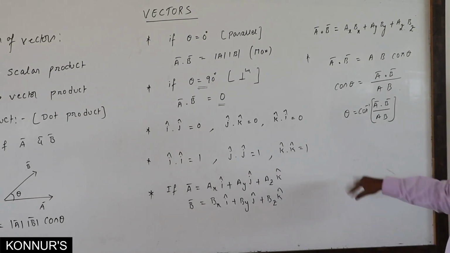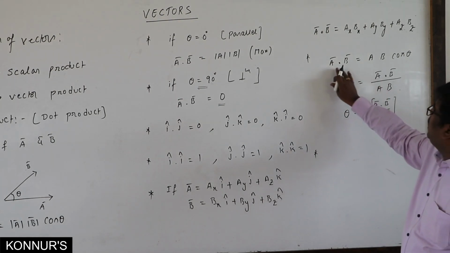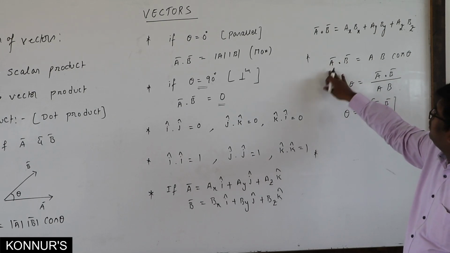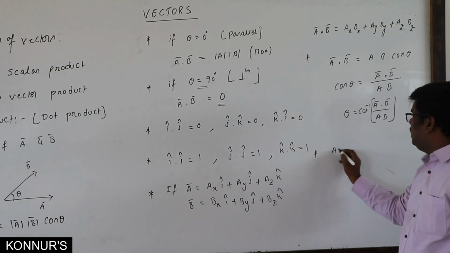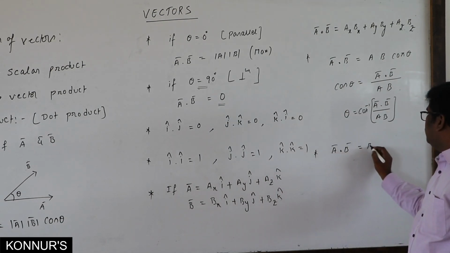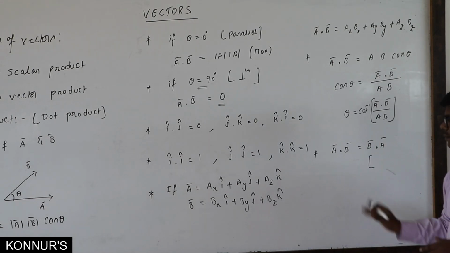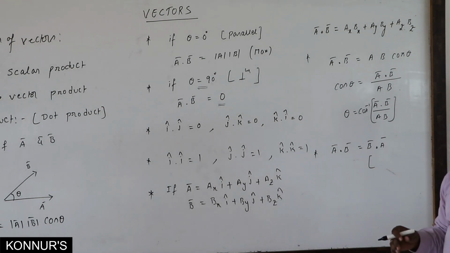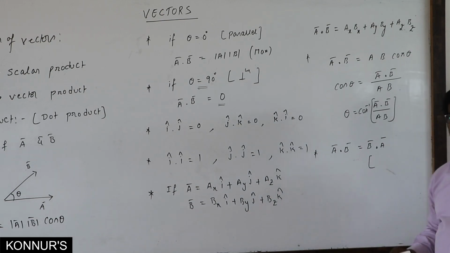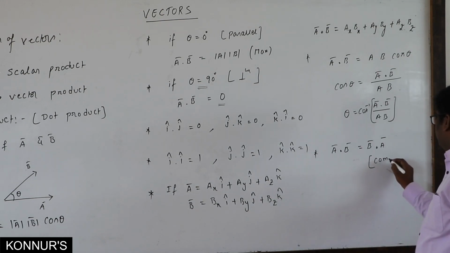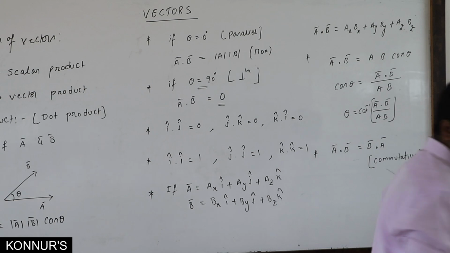One more way, we can discuss it. Before that, one more point here. If you multiply a bar dot b bar, or else b bar dot a bar, you will get the same result. There is no direction here, so you will get the same result. That's why a bar dot b bar equals b bar dot a bar, which means it obeys the commutative rule. Why are we especially discussing this? The vector product won't obey the commutative rule, but the scalar product obeys it. That's why we mention the commutative rule here.